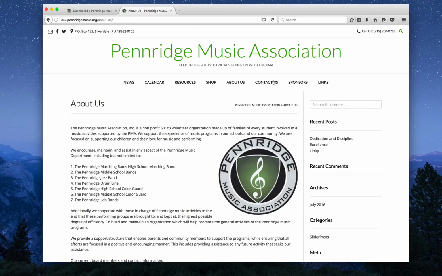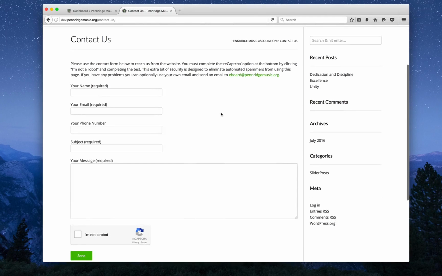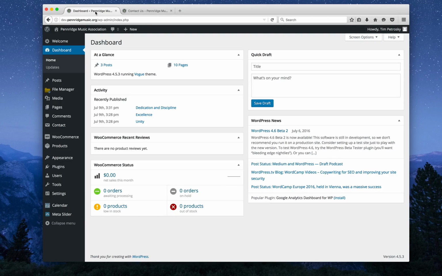And I actually did create a contact form right here, a simple one. I created the form first. Then I came to the page called Contact Us, and I inserted my text. And then I inserted from here to here my form. So the actual form starts at your name and ends at send. So again, you create objects in WordPress, and then you assign them to be on pages or used in a